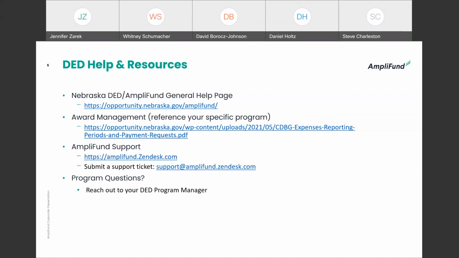There's also documentation that's specific to your program. So when you're on the opportunity.nebraska.gov/Amplifund website, please make sure that you're scrolling through and selecting the program that you're managing an award for, for program-specific content. In addition to the content that's provided by the Nebraska Department of Economic Development, you can also access Amplifund